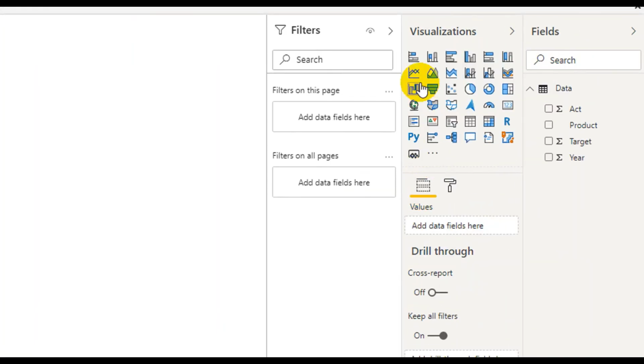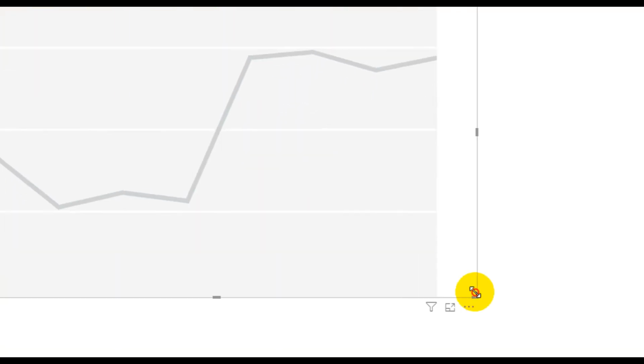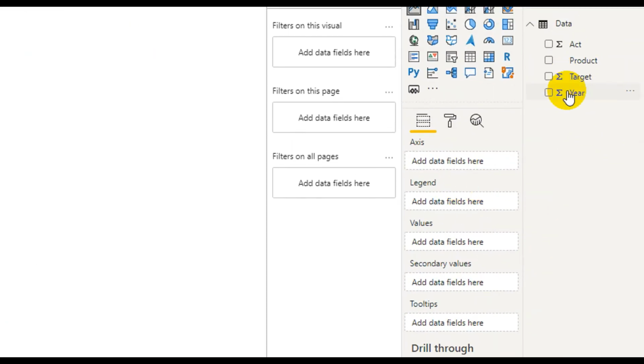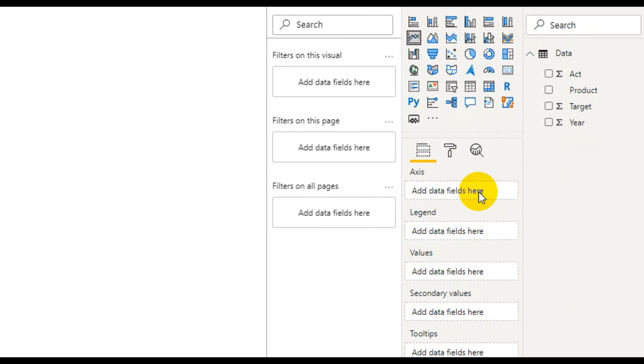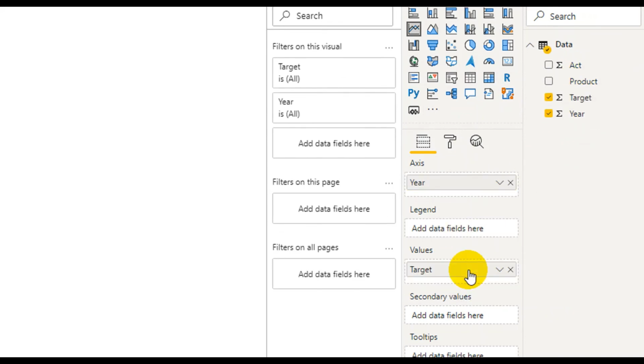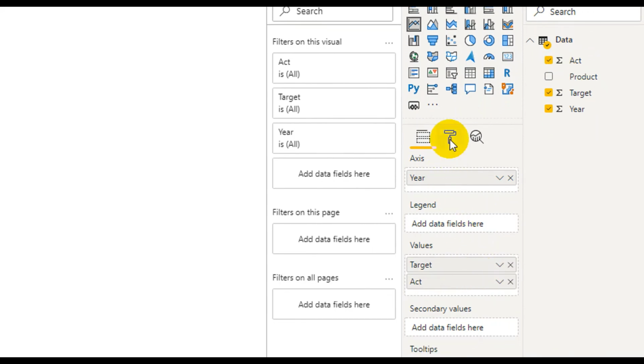For that, let me select the line chart. Let me increase the size. There I'm adding to the axis. In the axis I'll be adding year, and for the values I'm adding target and achievement. Need to select formatting options.